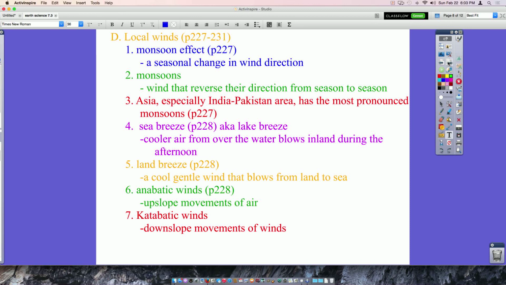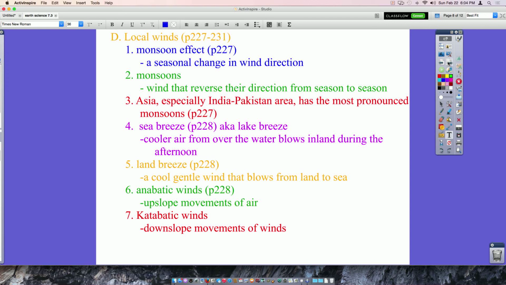One of probably the most pronounced types of differences is the monsoon effect. This is a seasonal change in wind direction, often associated with rainy seasons and dry seasons. Monsoon winds are winds that reverse their direction from season to season. Asia, especially the India-Pakistan area, has the most pronounced monsoons. India is pretty much famous for it. And something similar, we're going to look at a few diagrams here on the next slide, but something similar to